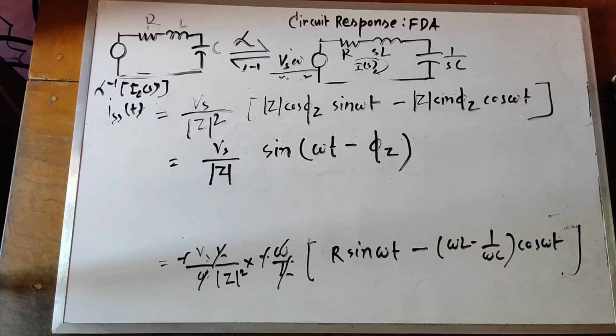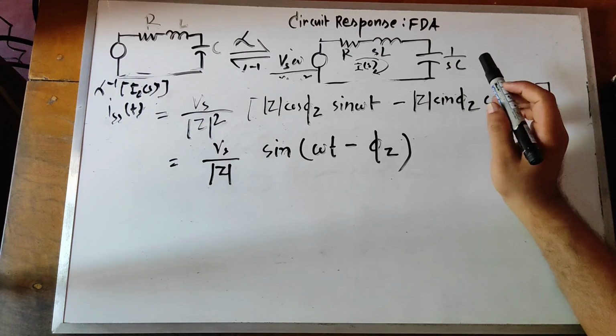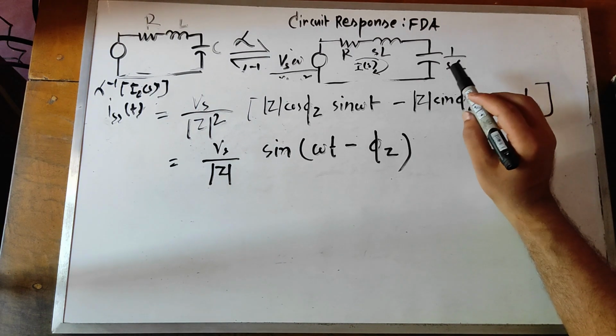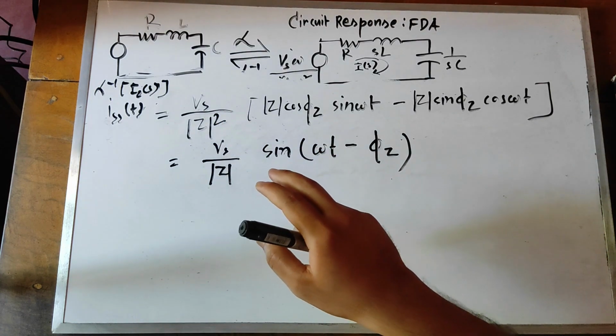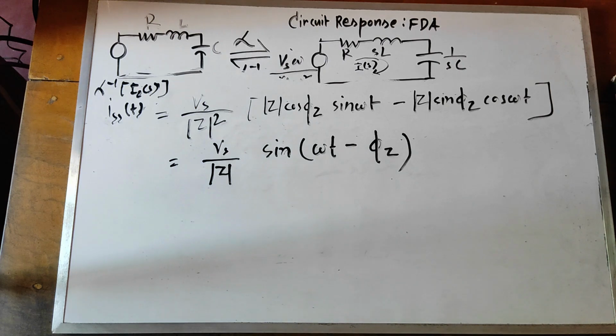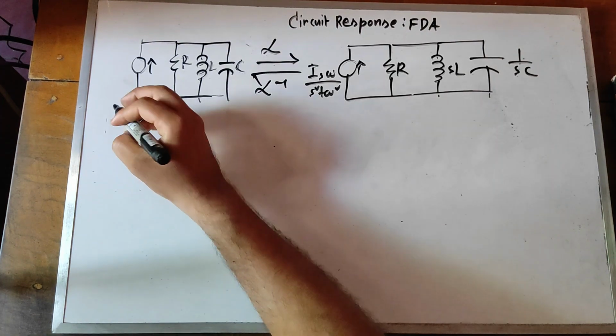So this is the steady state response derived from the frequency domain. This is the steady state response of the series RLC circuit derived directly from the frequency domain analysis. And now I am going to show you the circuit response of the parallel RLC circuit in the frequency domain. And in the frequency domain, so by KCL,